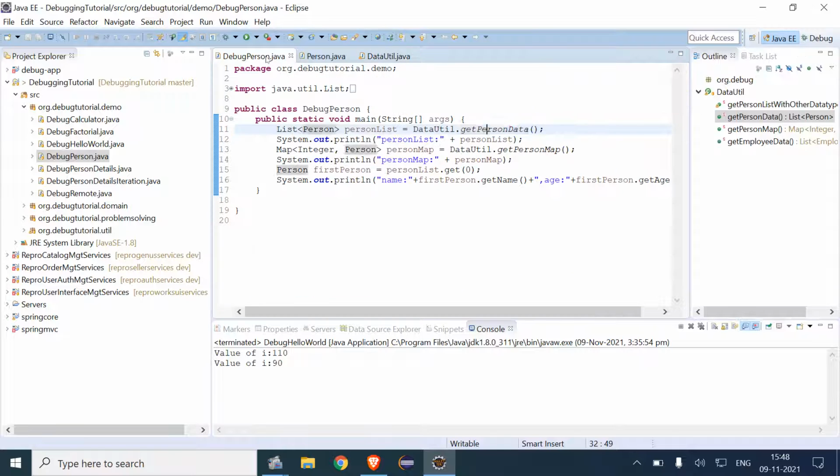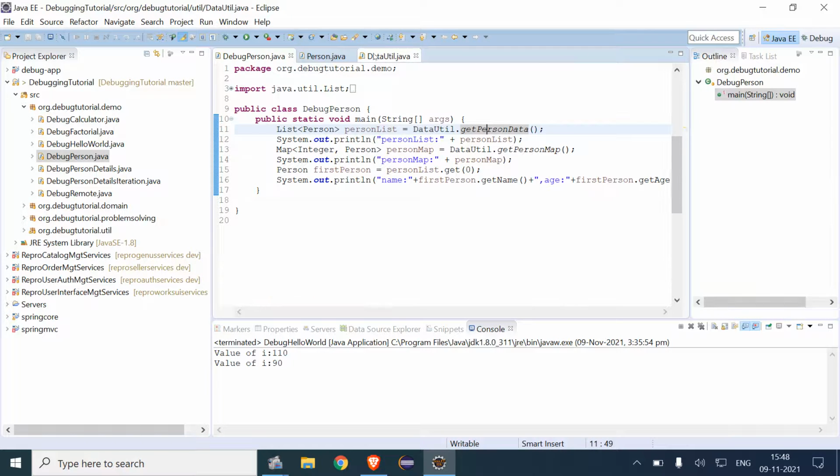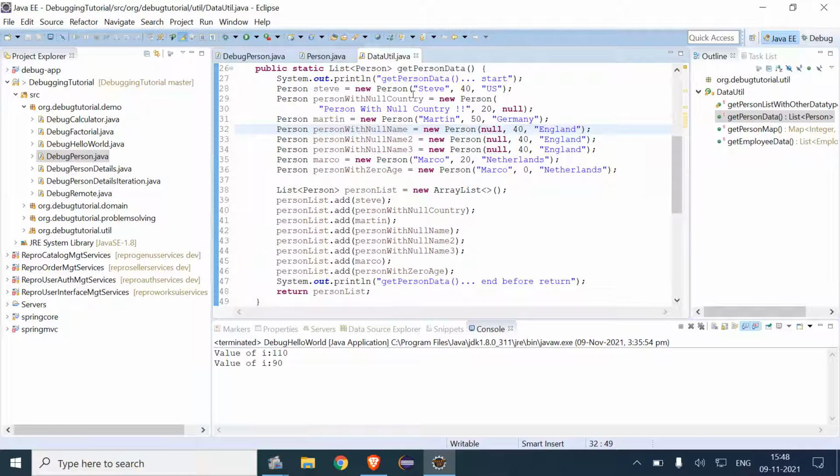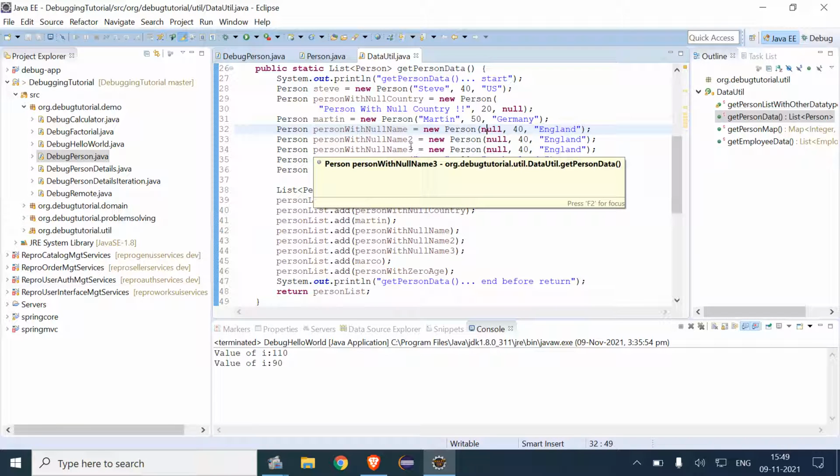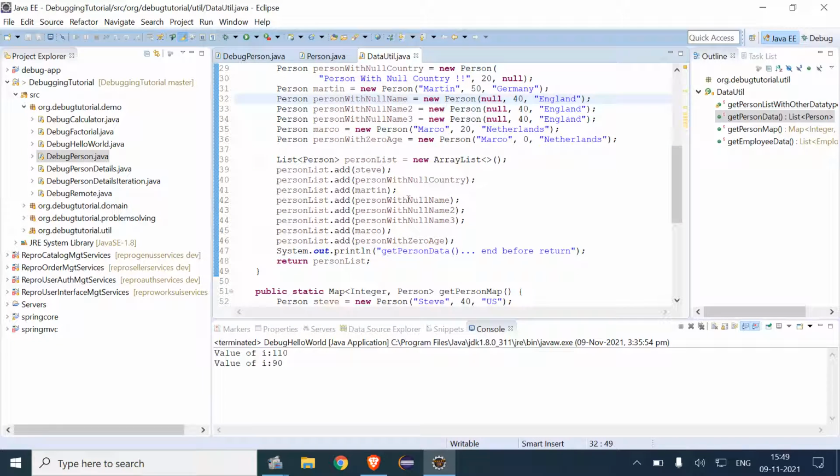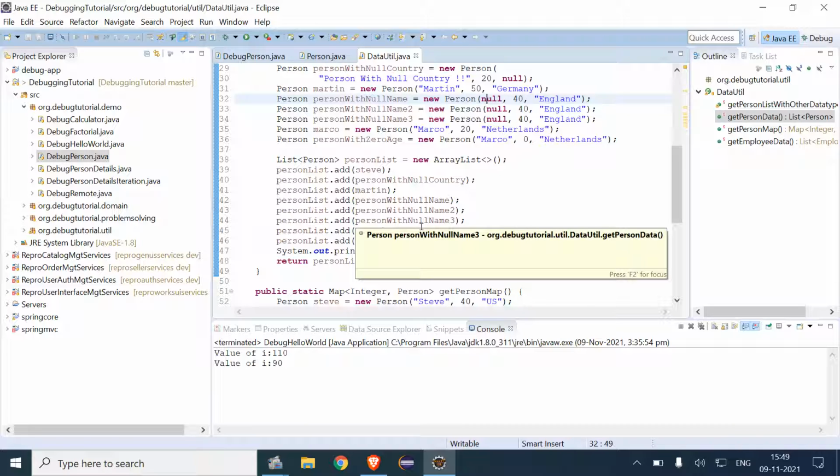So when we come to this get person data, we have these names of many persons by which the data is created. These are added to the list object.